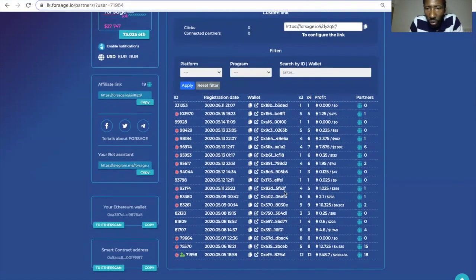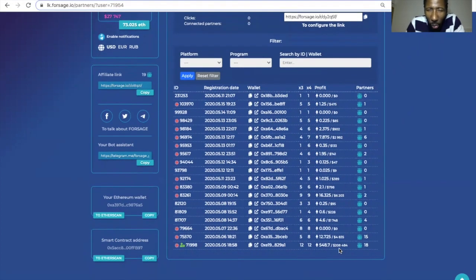And I want you to have a look down here so we can see the different amounts my different partners have made. Some have made none, 2,000, 6,000, 1,000, 5,000. I mean, I clearly did a lot more than most of my partners, but if we look down here at this partner here,